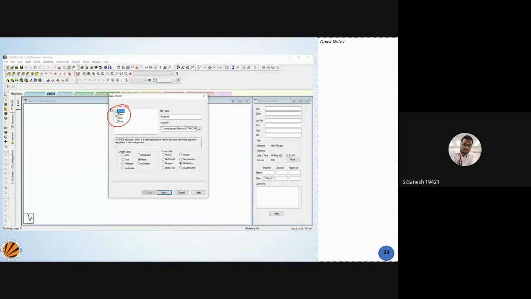I'll be explaining this again later on. And then you'll see a file name, locations, and the units. What units are to be set for the drawing? And force units: what units are to be maintained for your force units? You want to follow newtons or kilonewtons or tons, etc.